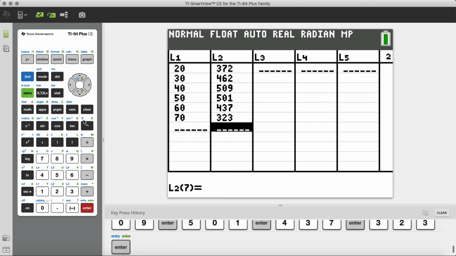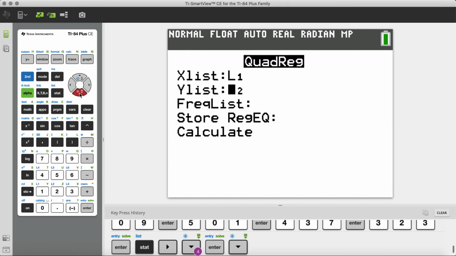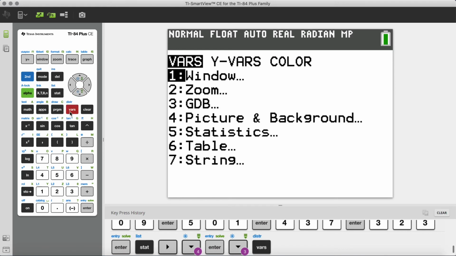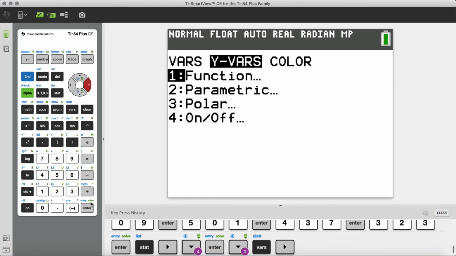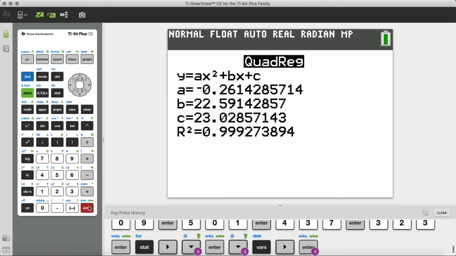Okay. From here, we need to get the equation, so we're going to go stat and then calculate all the way down to quadratic regression. Click enter. Again, we want to store this into y1, so we're going to go vars, yvars, function, y1. Calculate this. So our regression equation is y equals, let's go 3 decimal spots, so